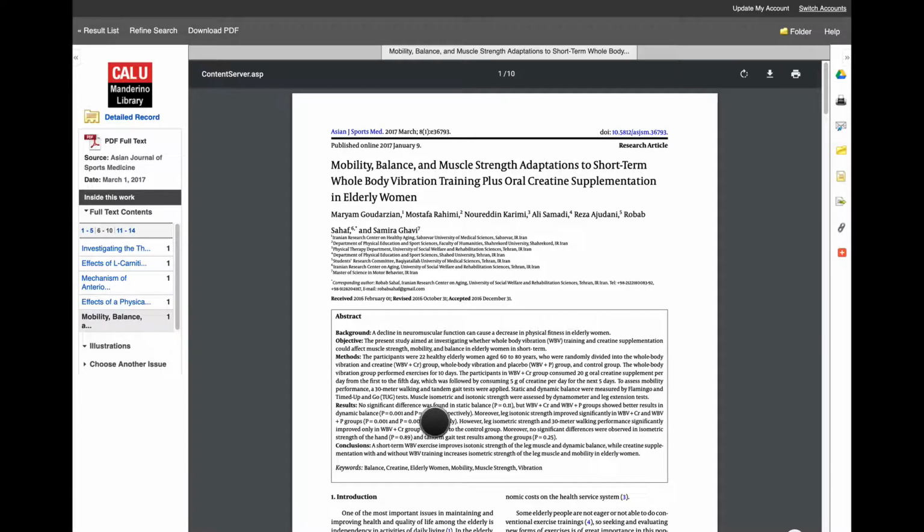If this article is perfect for me, I want to save it and use it for my research paper that I'm writing, I can download the PDF to my computer so I don't have to do a search again and so on. And you can do that by clicking the download PDF button or clicking this little button here, and it will download a copy of this